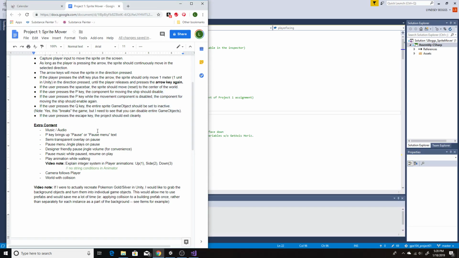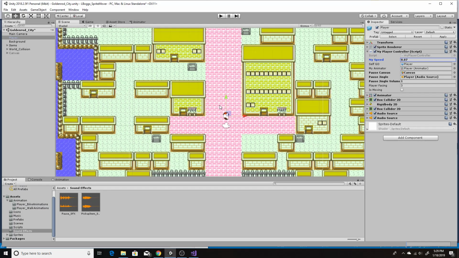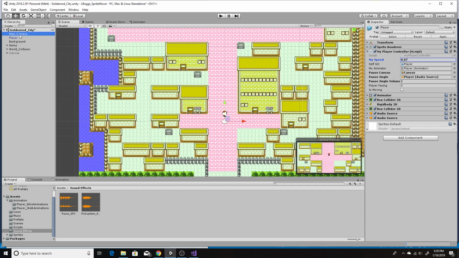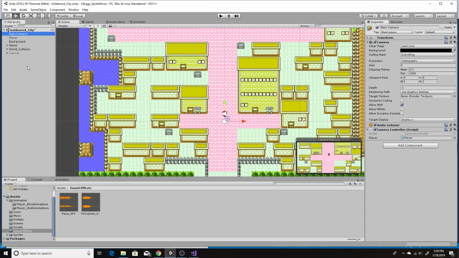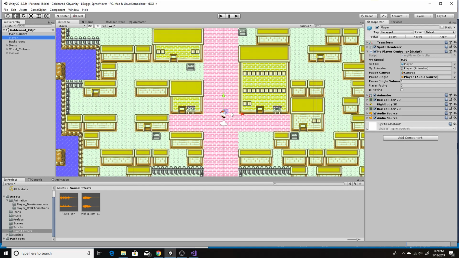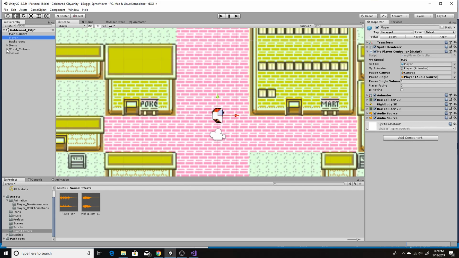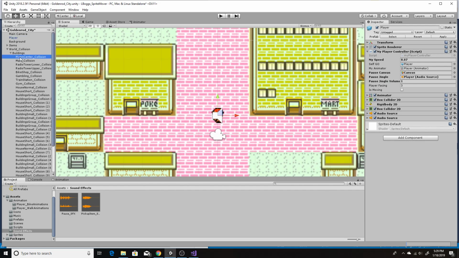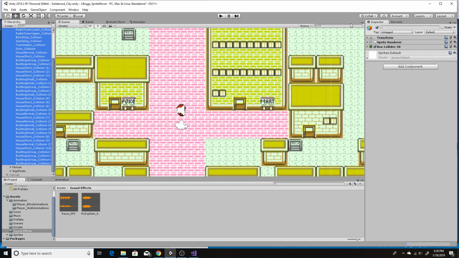So the next thing I would like to talk about is the camera and the world collision, and then we will wrap up the video. So, I followed a tutorial on the camera to get it to follow the player. I could have just attached it to the player, but I had some issues with collisions. And at first, when I added collision to the world, and the player would collide with something, so if I just enable the buildings really quick, to give you an idea,